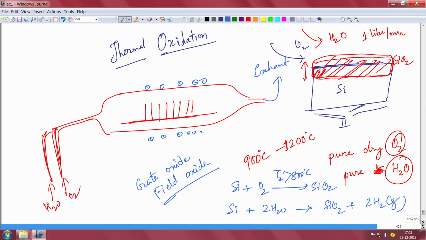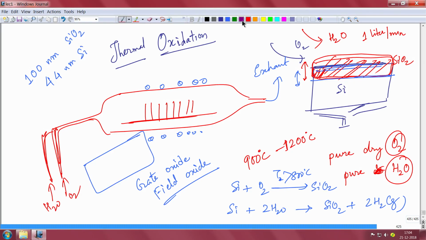As I told you, the silicon dioxide interface will now move to the bottom, because some portion of silicon has been eaten up. So, the silicon interface will move into the silicon during oxidation. To grow 100 nanometer of silicon dioxide, you will have to consume 44 nanometer of silicon. That means if you want to grow 100 nanometer of silicon dioxide, then 44 nanometer of silicon will be consumed, if you do a mole fraction analysis, and then you will get a total of 100 nanometer of silicon dioxide. That is the funda.